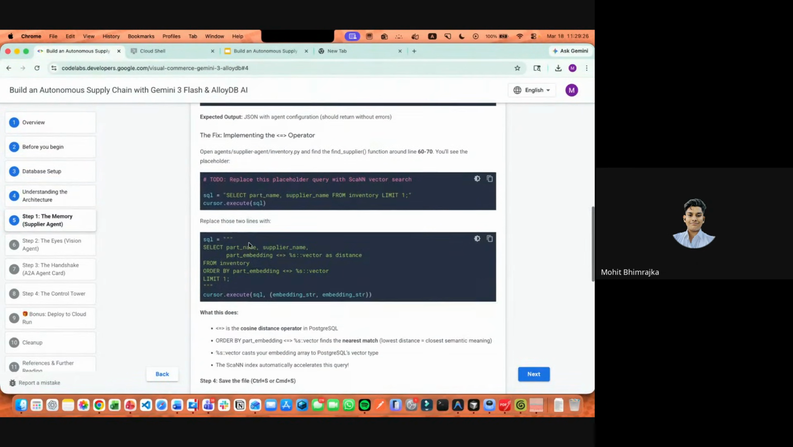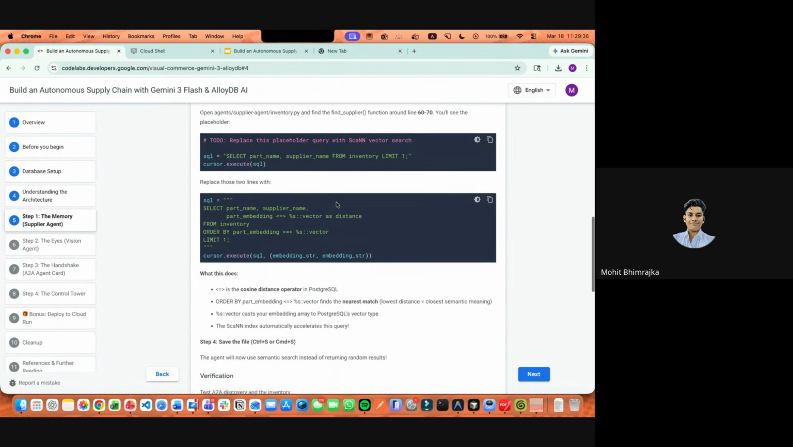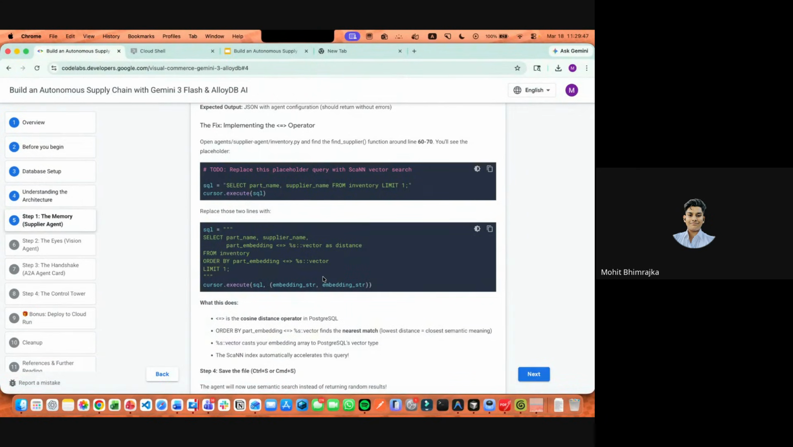Okay. The next thing that we'll want to do is make sure that we are able to use the cosine similarity operator. The cosine similarity operator is very, very important because the cosine distance helps us identify the embeddings and find the nearest match. So what we are going to do,